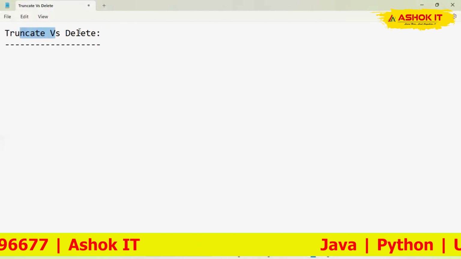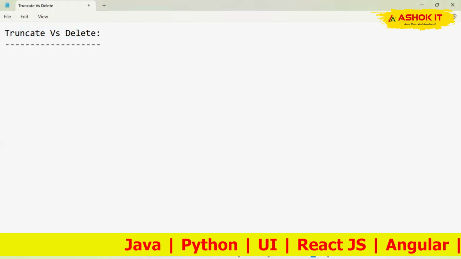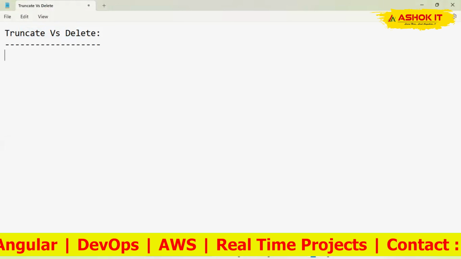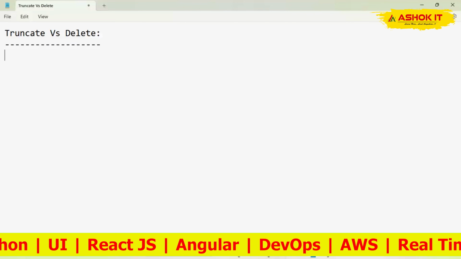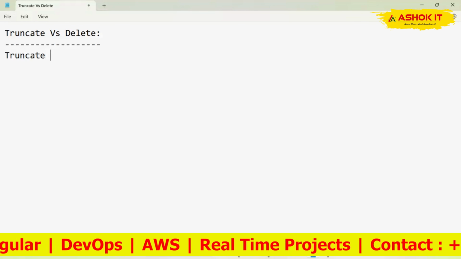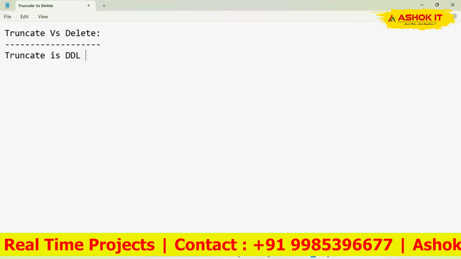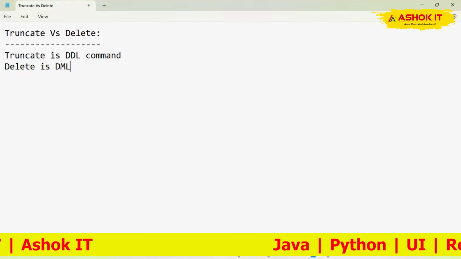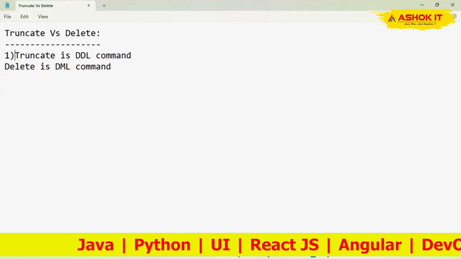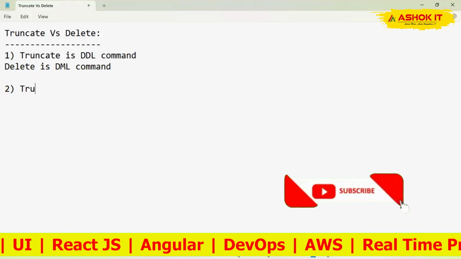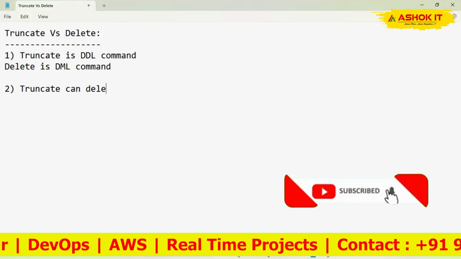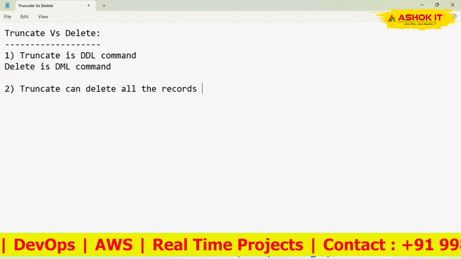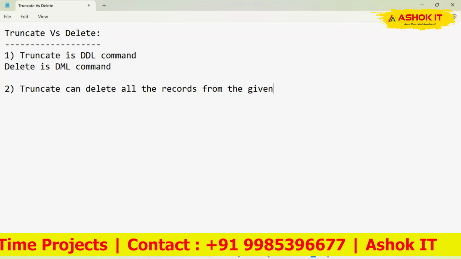The difference between truncate and delete. Truncate is one of the DDL commands, whereas delete is one of the DML commands. This is the first difference we have. The second difference is truncate can delete all the records from the given table,